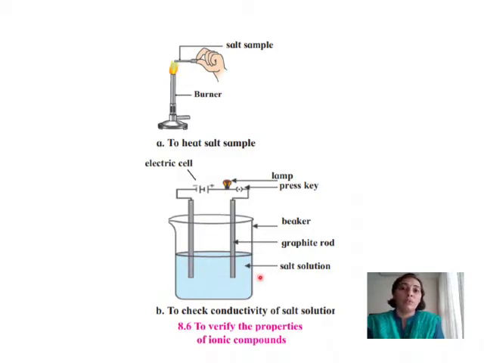But if the same experiment is conducted using sugar solution or glycerine, you will find that the bulb does not glow. Why does the bulb not glow in the case of sugar solution or glycerine? Because there is no ionization. They are organic compounds and they do not ionize. Since there are no ions, there is no flow of electric current. So in this small activity, sugar and glycerine are called non-electrolytes. So ionic compounds are electrolytes. They conduct electricity when dissolved in water.